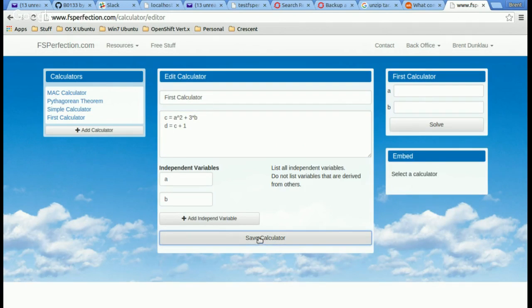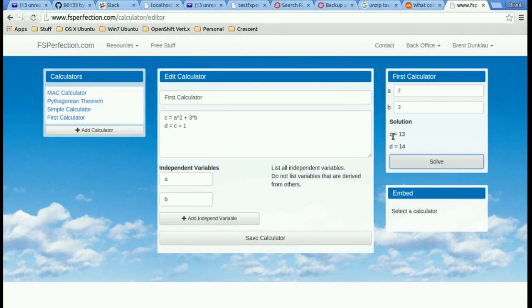And what it's going to do is solve for C and D, and my independent variables are the same because I didn't add any independent variables. So my independent variables are still A and B. But if I do 2 here and 3 here, it's going to solve for C and D, which is pretty slick. And again, stack up as many equations as you want,